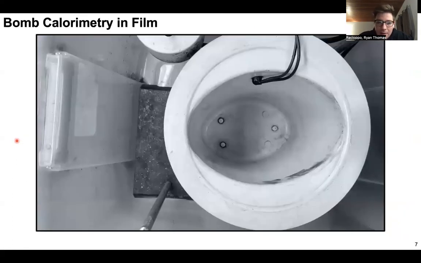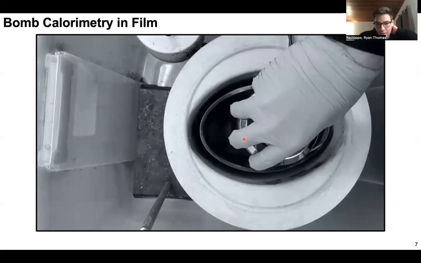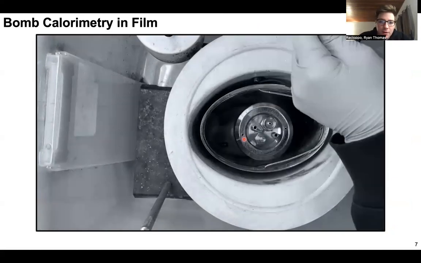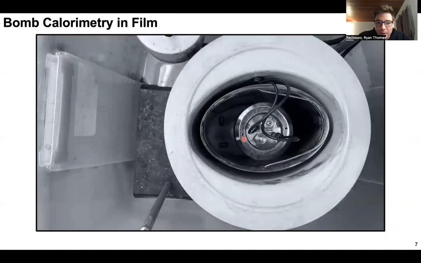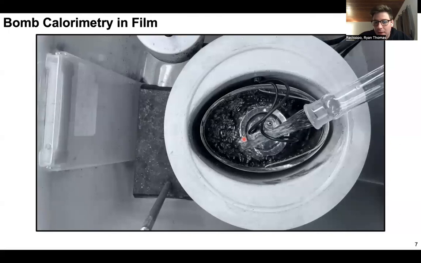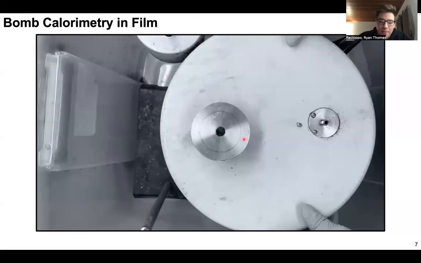And so how we're actually setting up this experiment is we're plugging in this ovular bucket, which we'll add our bomb to. Right now, I'm pressurizing the bomb to 30 atmospheres using pure oxygen. You load that in there, plug in the ignition wires. It doesn't matter which way they go, and then add the water. That's how we had 2 liters of water, and that's how it's calibrated to find the specific heat of the